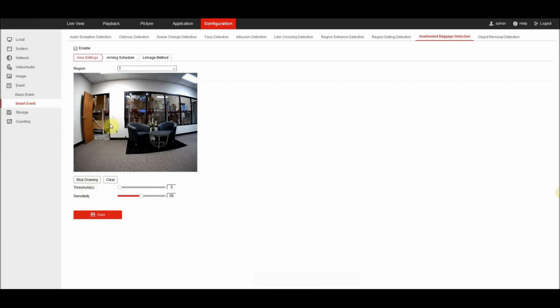After you have your region number selected, click the Start Drawing button and begin drawing the area that you would like to check for unattended baggage. Once you have your area drawn, be sure and click the Stop Drawing button at the bottom. Next, you'll want to set the threshold and the sensitivity. The threshold is the time that the baggage is there before the camera or the NVR triggers,